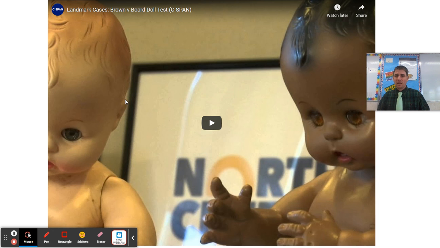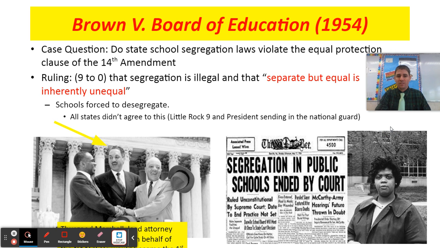And what this demonstrated, and this was presented as evidence by Thurgood Marshall, is that psychologically, because we have separate facilities, and because they were never equal, the white was always better. At its core, being black was seen as inferior. They were able to demonstrate this through kids who grow up in this system, and they're able to determine, yes, that having separate facilities does create this unequal system within our United States.